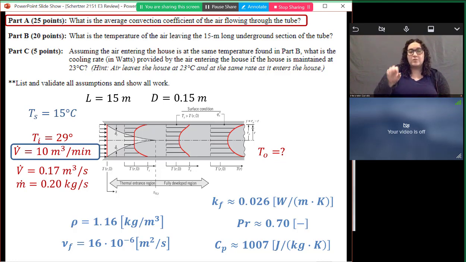So now this looks pretty good. I know that I'm interested in flow through this pipe. So this is an internal convection problem. I have some information. The problem is nice because I know on my flow chart, one of the things I usually have to do is look up a bunch of numbers on a table. But they gave us a bunch of fluid properties, so I hope that's enough. And I'm given the geometry of the pipe, both the length and the diameter.